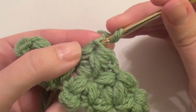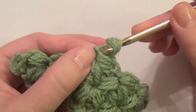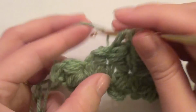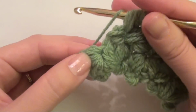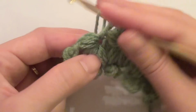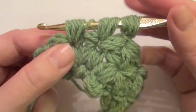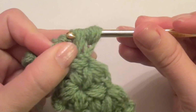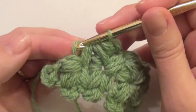Yarn up, 1, 2, and then 3. In this space here, your next set, 1, 2, 3. And then in your next set, yarn over in this space here, which is your chain 1, 1, 2, 3. 3 sets here, yarn over, grab a hold of that yarn, pull through all your loops, place your hook through that loop you held on to,